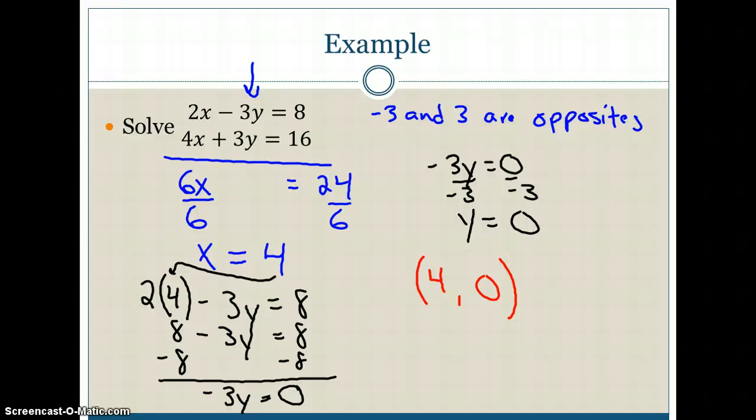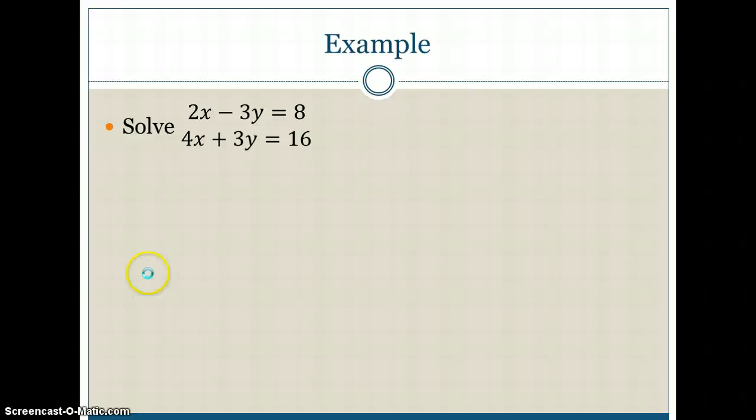So what I mean by that is we won't always have the opposites given to us. We'll have to create the opposites, and then the process is the same as this. So we'll take a look at a couple of those examples here. If we take a look here